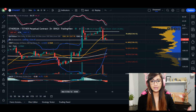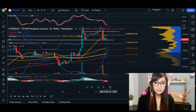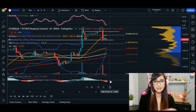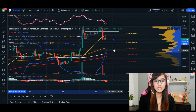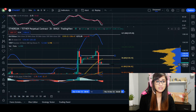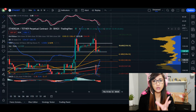Price had a really nice pullback area and held onto that area of support. Now, these histograms here are just slightly a little bit bigger from this area here. If we can anticipate that the next candlestick itself is a lighter color, we are going to hold on to an area of support at this area, at the 1306, 1305, and then come up and retest this area of resistance at 1326. So I do feel like that the price, even though we are considered as oversold, the MACD